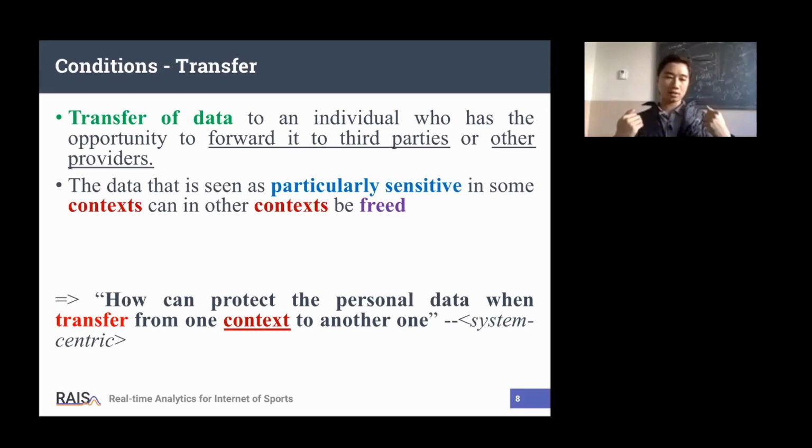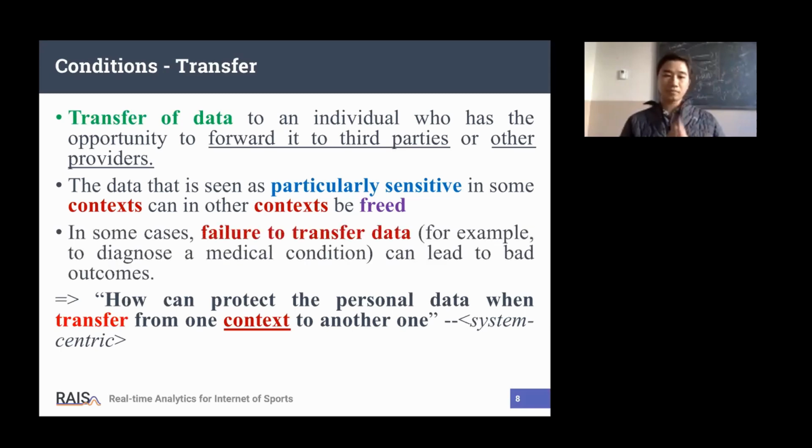Because I easily share my fitness data with the healthcare center. That's easy for me. But Facebook, I don't trust Facebook. I don't want to say anything about Facebook. Yes, that's the reason why I want to protect my fitness data from Facebook. How can I do that? If the data center wants to share my information with Facebook, it means the PDS also supports the transfer requirements in this approach.